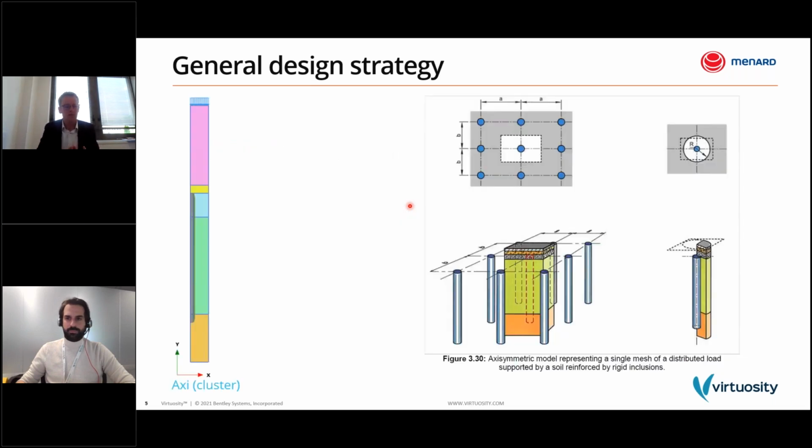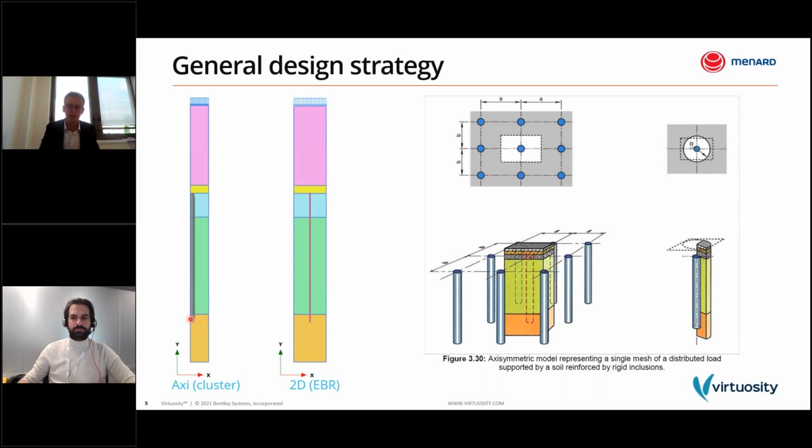We always start by a reference calculation, and this calculation is an axial symmetrical model, as you can see here, which is representing by symmetry an infinite network of CMC. So the CMC here is represented by a cluster, and this model represents the behavior at the center of the embankment, and it's considered as the reference calculation. Then we run a 2D plane strain model,